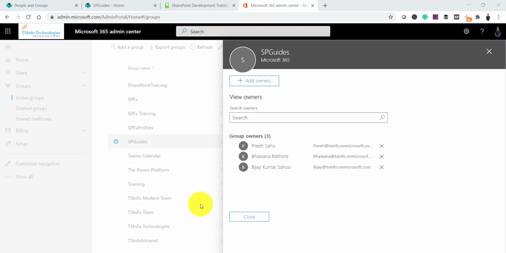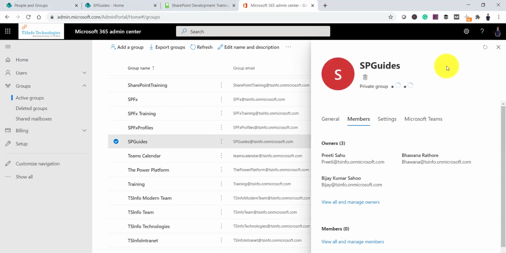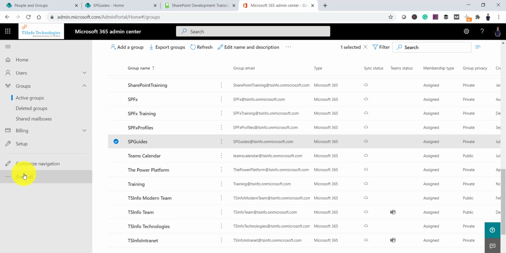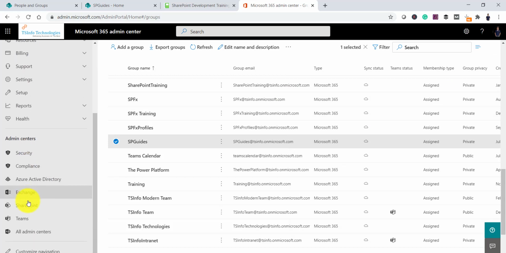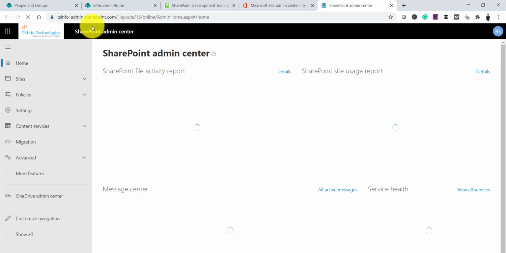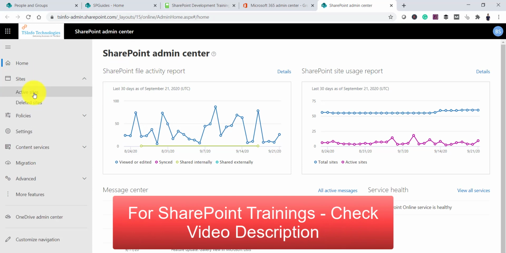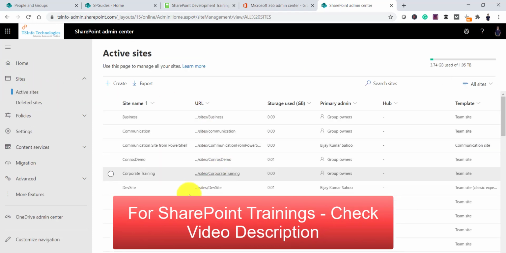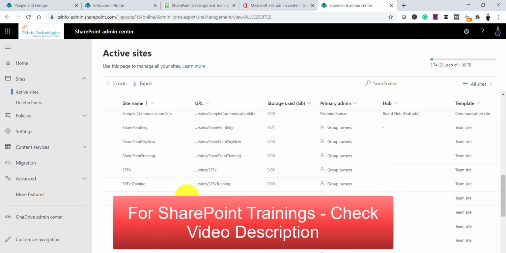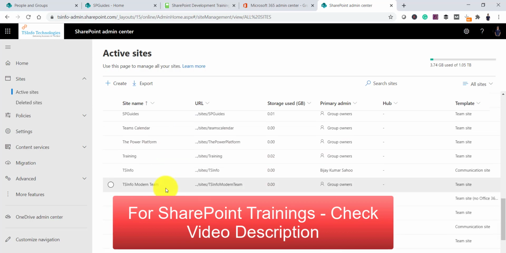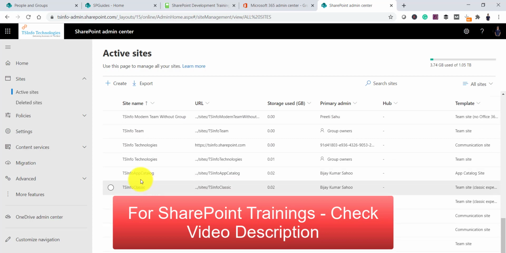You can also change the SharePoint site admins from SharePoint Admin Center. So if I go to SharePoint Admin Center, let me just close it. I'll say show all, and then you can see here SharePoint. Click on that, and then you can see here this is the SharePoint Admin Center URL. And here when you expand these sites and click on active sites, you will be able to see all your sites here. And in that, if you want to check who are the site admins, then you can actually check